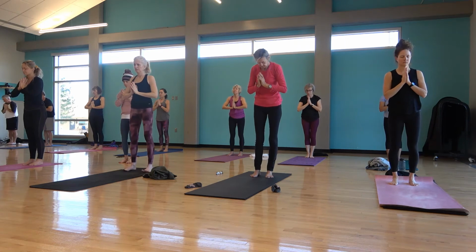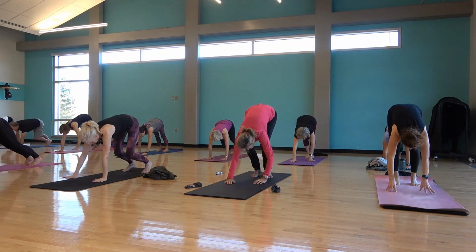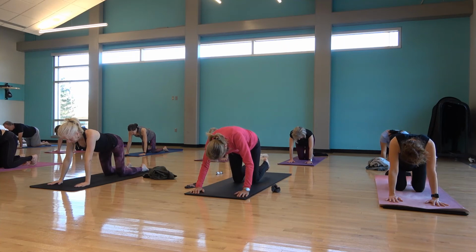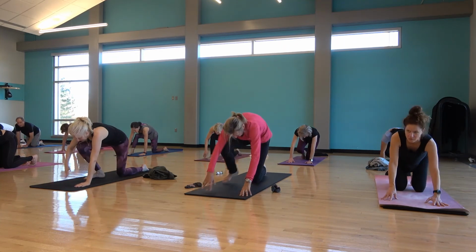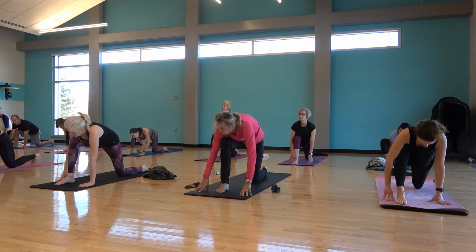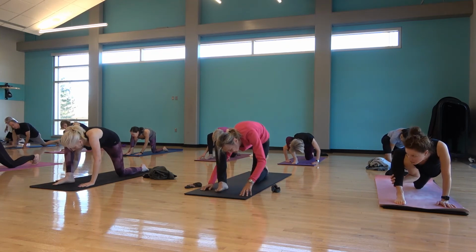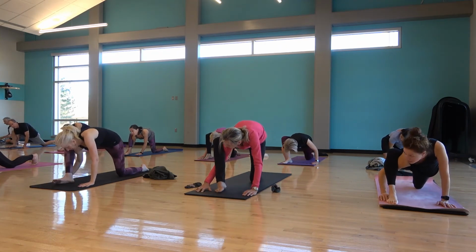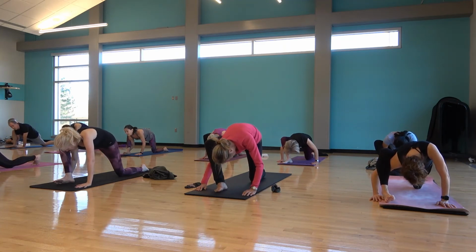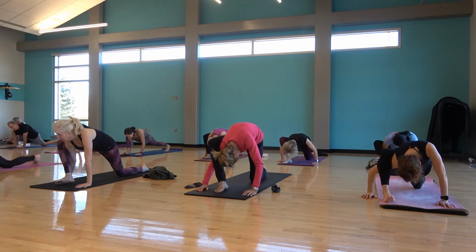Forward fold. Walk the hands forward. Tabletop position. Step the right leg forward to a crescent moon. The right shoulder is going to come underneath the right knee. You'll toe heel your right foot out slightly, and if you'd like, come into the outer edge of that right foot. I'm pulling my shoulders away from the heaviness of my hips, and I'm creating space along my inner thigh,